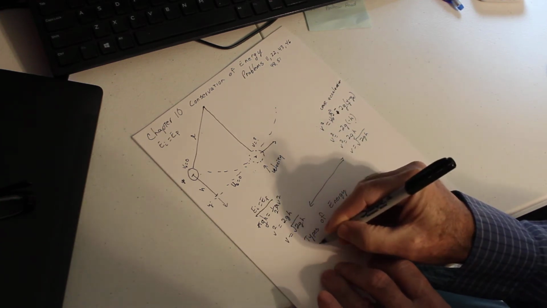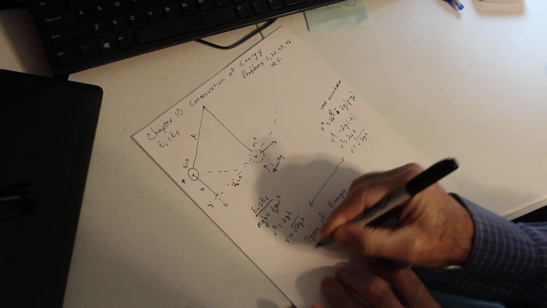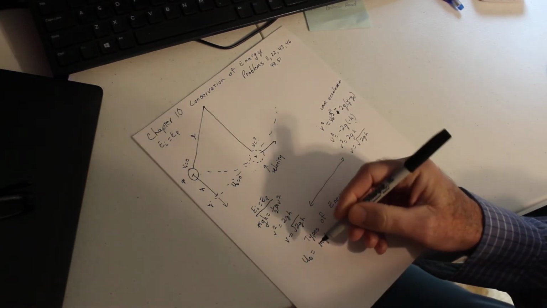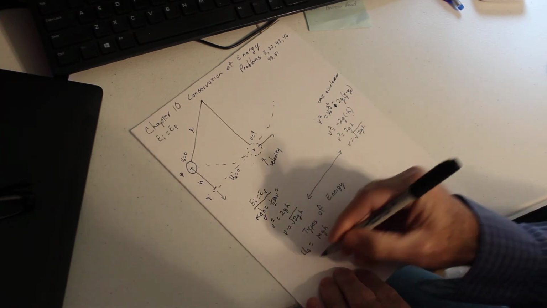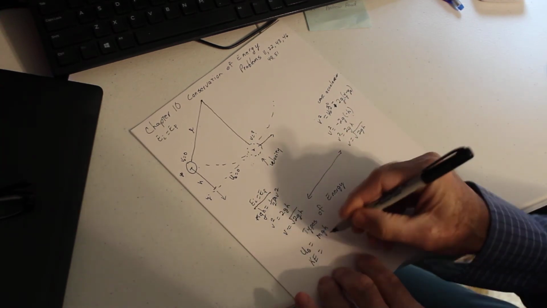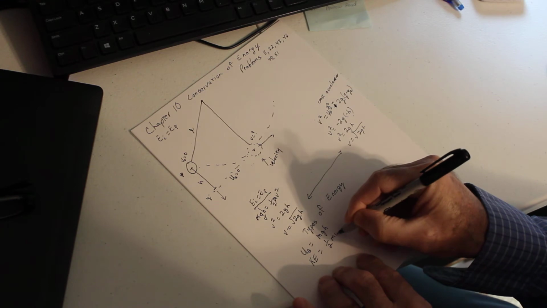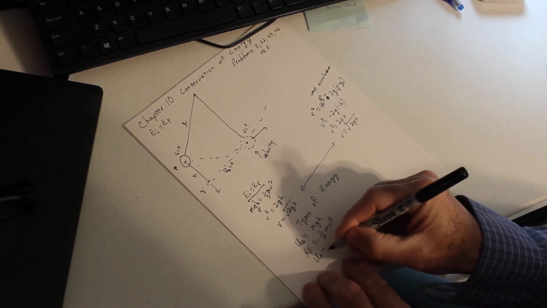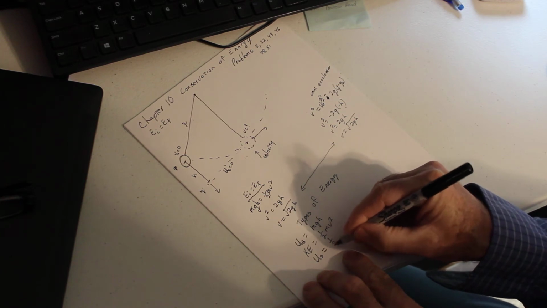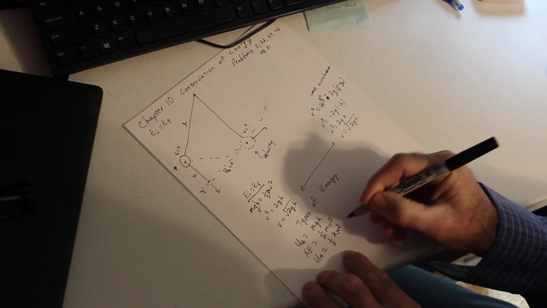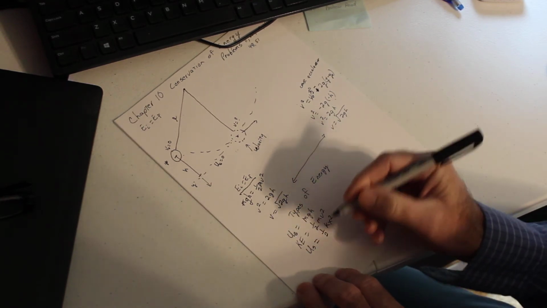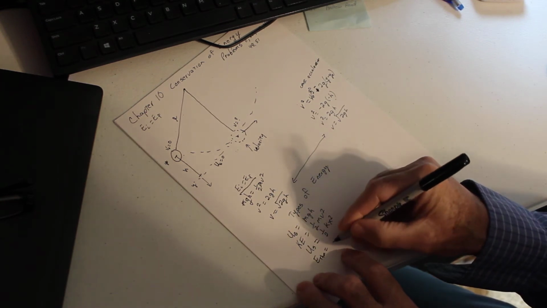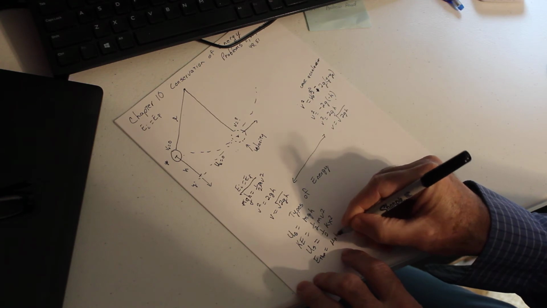Well, we can have gravitational potential, which is mgh, and we use gravitational potential as U. Capital U means potential, g means gravity. We can have kinetic energy, which is energy of motion, which is just 1/2 mv squared. We can have spring potential energy, which is 1/2 kx squared. And we can have thermal energy, which is friction, which is mu sub K times the normal force